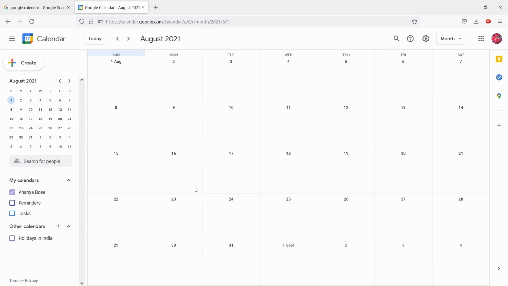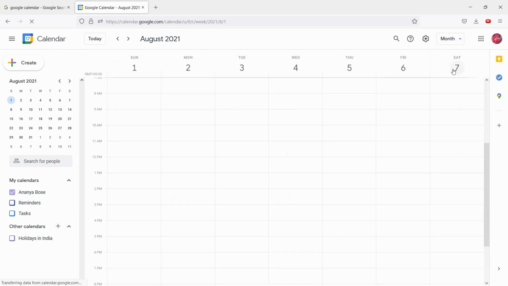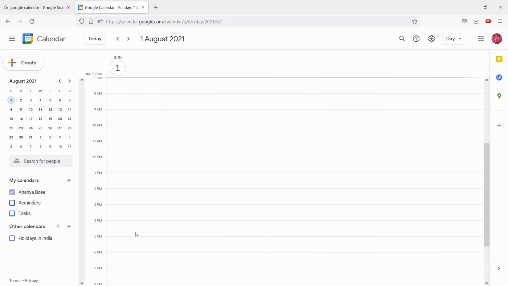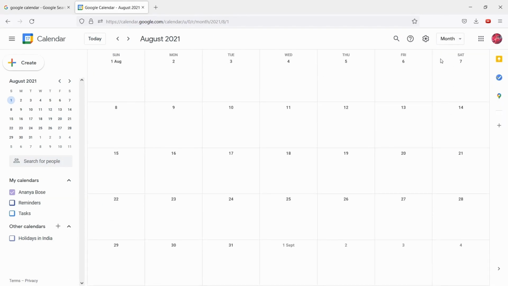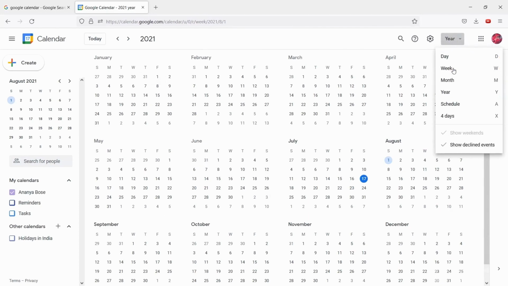Once it is open, you will see the whole full month. In the right side corner you will see day, week, month, year, schedule. Whatever you click, that particular format will open. I prefer week. I open the week page and then I start writing my to-do list, appointments, schedules. If you open day, then you will see only that particular day with a 24 hour division. In month, you will see 31 days, and in year, obviously 12 months.